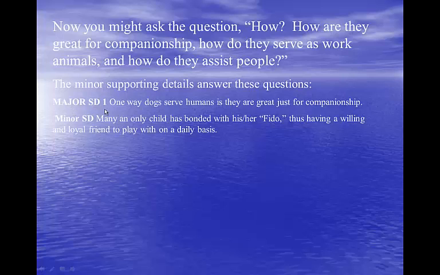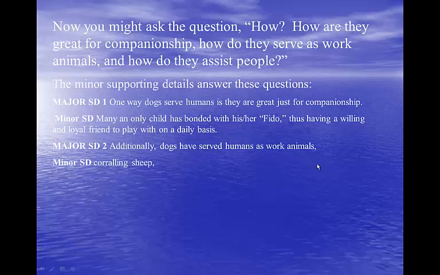Okay, so here's our major supporting detail, and now minor. Only child has bonded with Fido. Willing friend to play with on a daily basis. They've served as work animals, major supporting detail. And what do they do? Minor supporting detail: corral sheep, conquer rats, and guard the homestead. Dachshunds were made for conquering rats back in the old days.